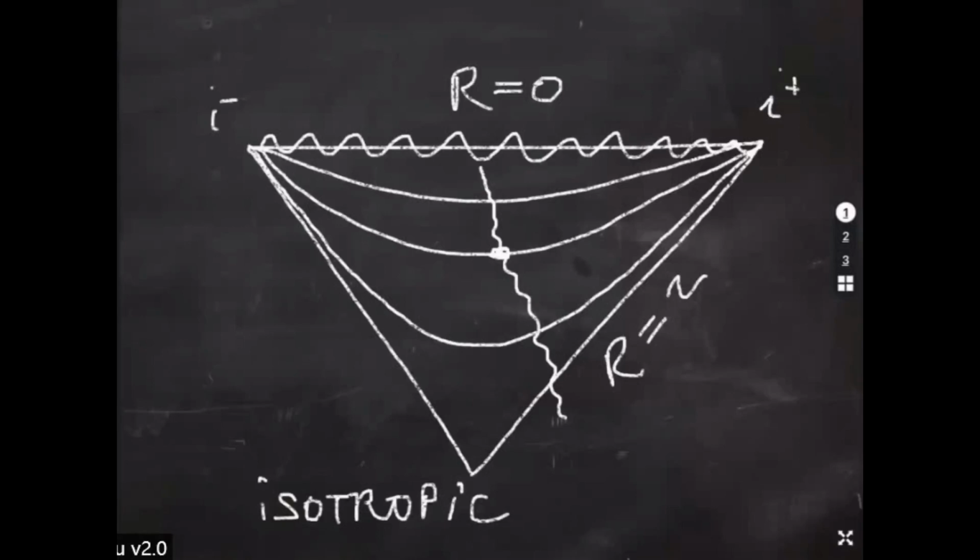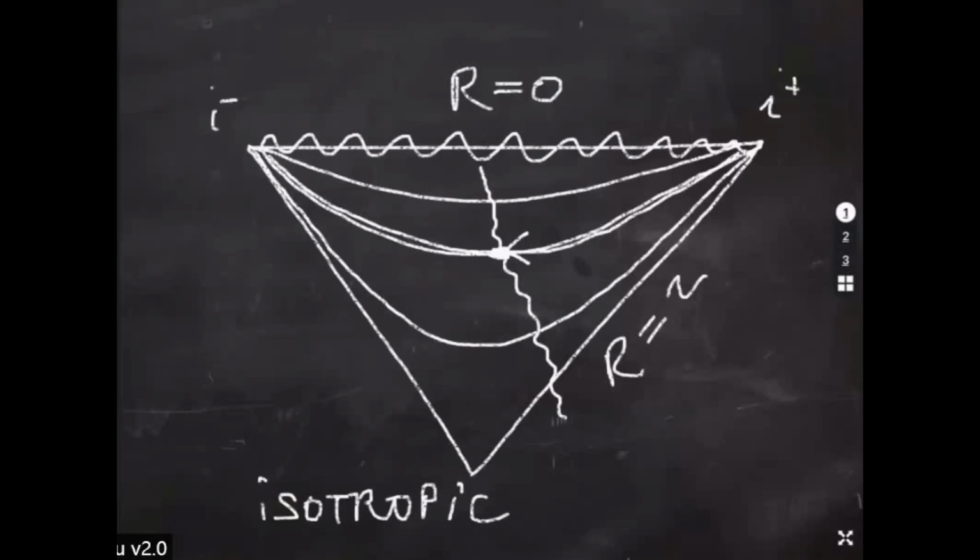So going back to that question, how can you have tidal forces if you have isotropy? The point is that you only have isotropy on those particular surfaces, like this one. If you move away from those surfaces, you can have asymmetries. If you move away from that surface in some direction, you're going to feel tidal forces, which will squeeze and stretch you.